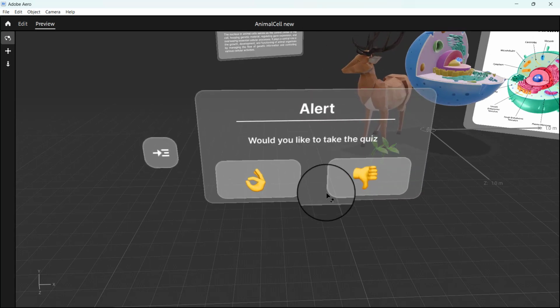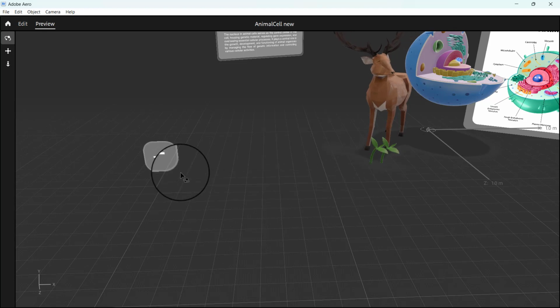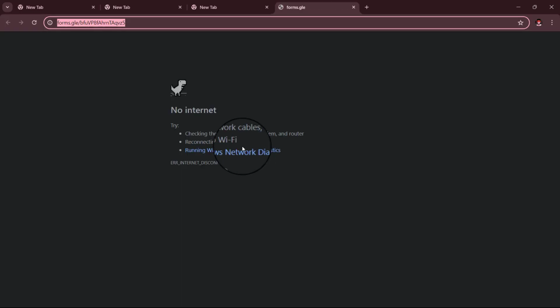Okay, so let's click on this so you can see it's showing. When we click on this, it's going to hide. Let's click on it again. When we click on this, it's going to launch our